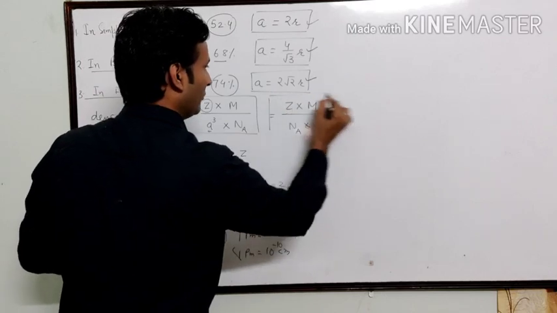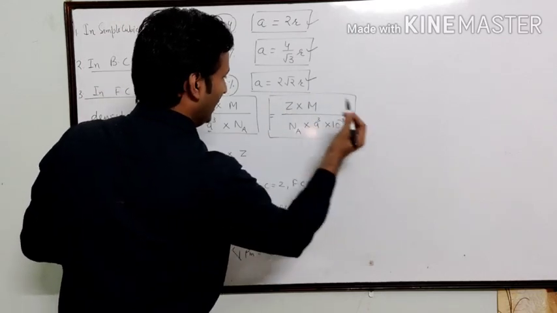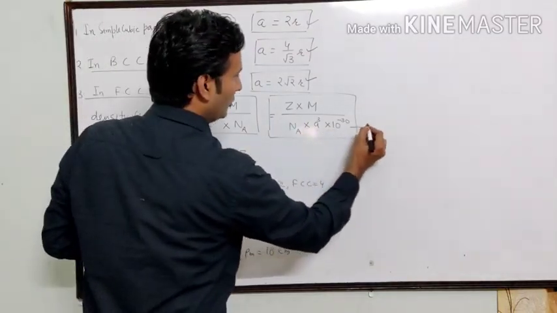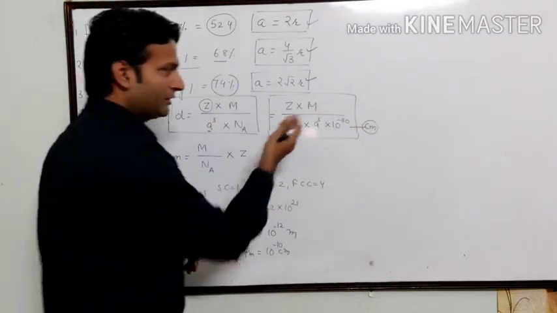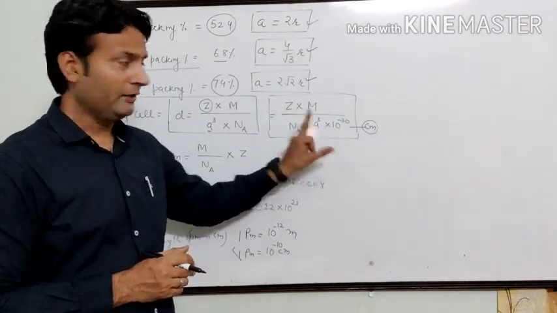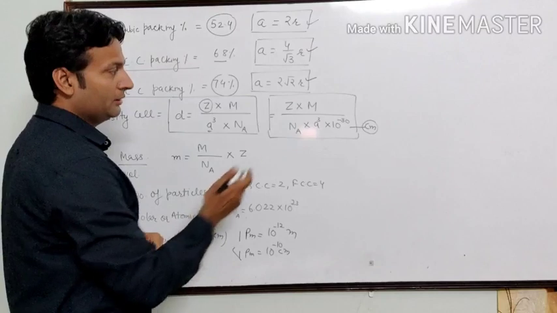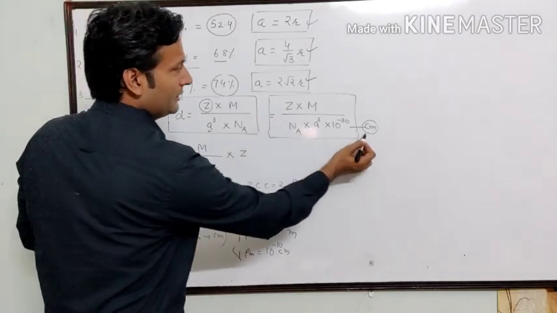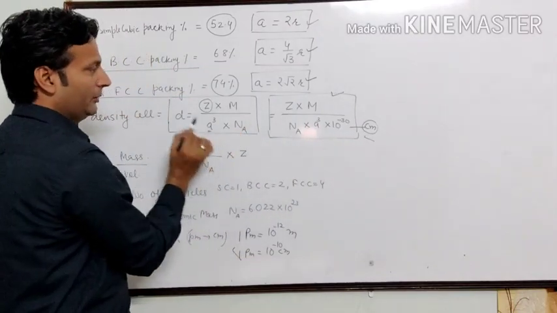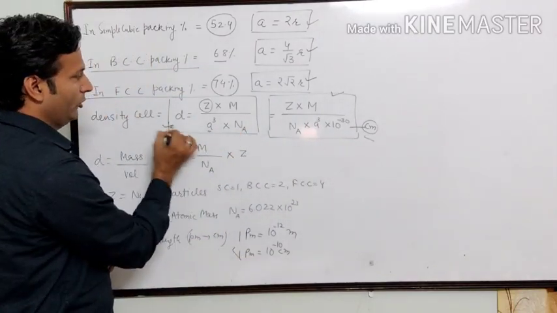It means इस फॉर्मूले में मैंने पहले से ही आपके पिकोमीटर को सेंटीमीटर में चेंज कर दिया. It means अगर आपको न्यूमेरिकल के अंदर एज लेंथ पिकोमीटर की बजाय सेंटीमीटर में है तो आप लोगों को ये फॉर्मूला यूज करना है. Again listen, if the edge length is given in centimeter, we have to use this formula. And if in picometer, we have to use this formula.